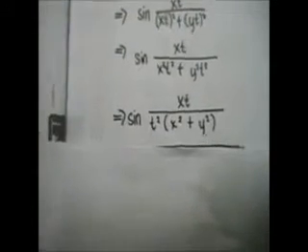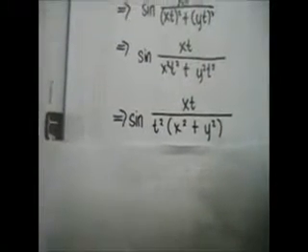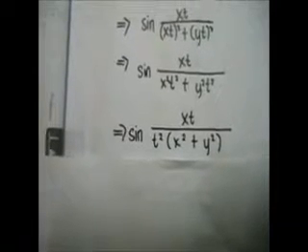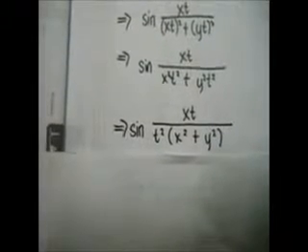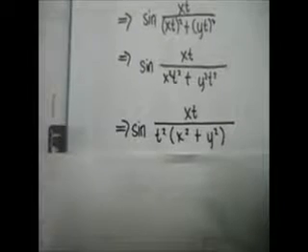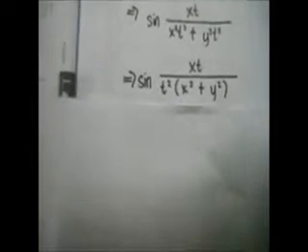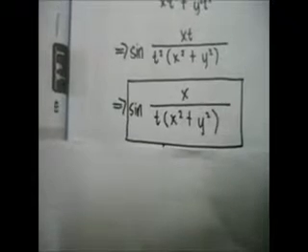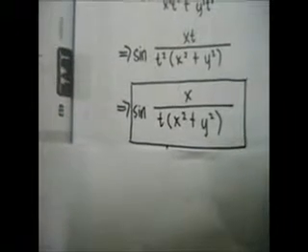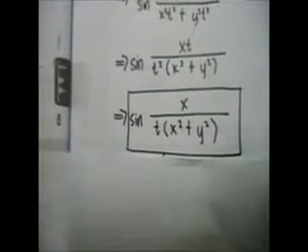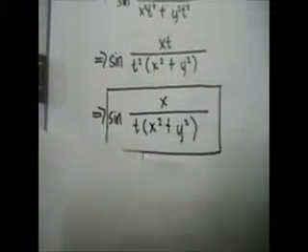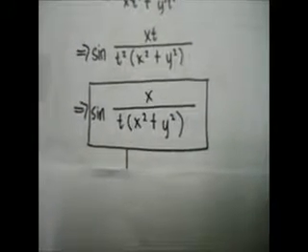We have sine xt all over t squared times the quantity of x squared plus y squared. So we can see that t can be factored out. So we have this equation, sine x over t times the quantity of x squared plus y squared. And we all know that this is